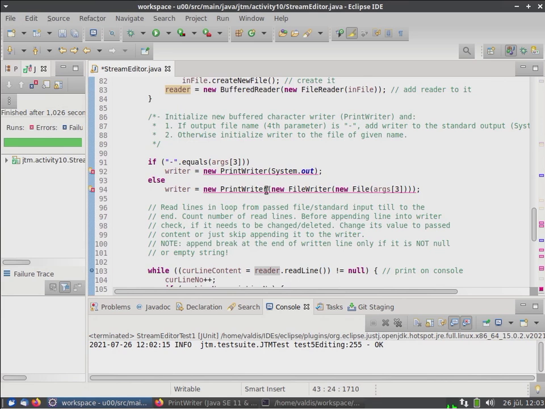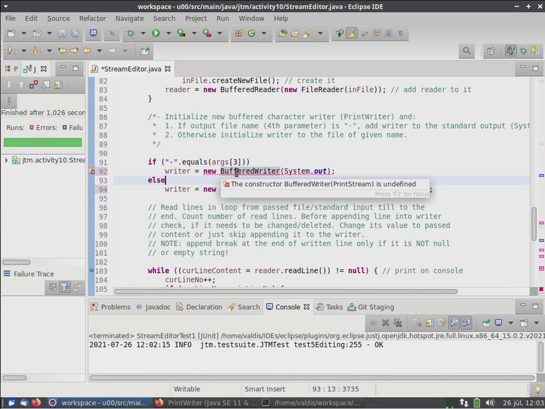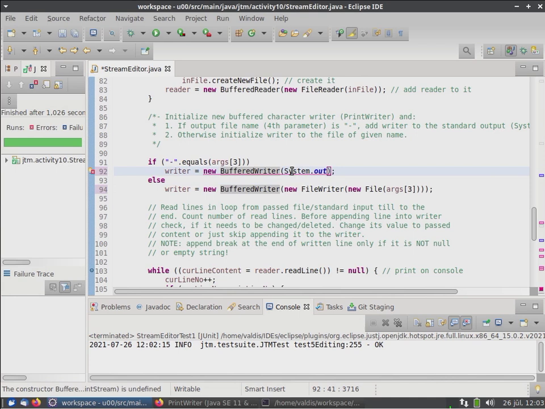And then the difference is following. Why it doesn't take. But here